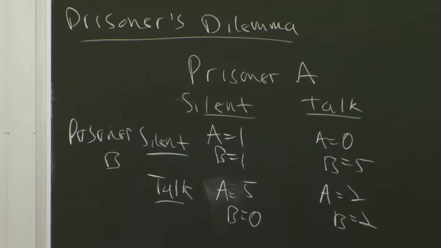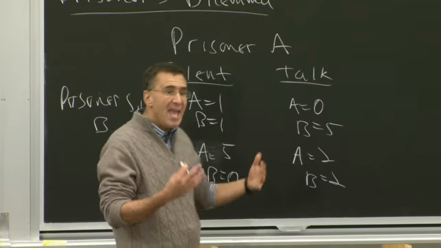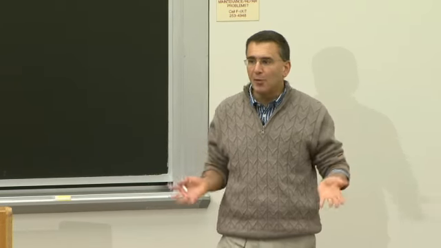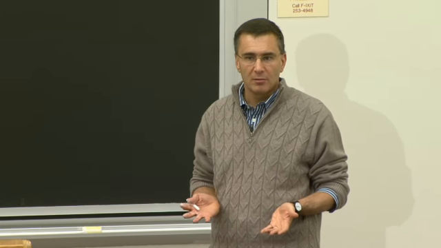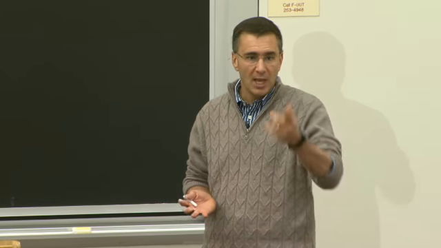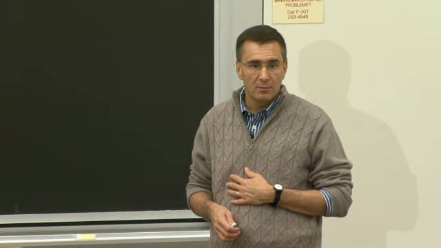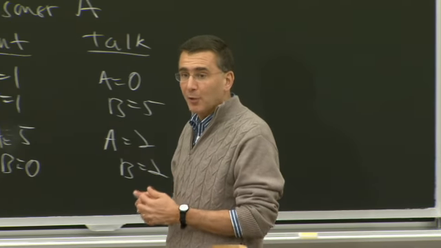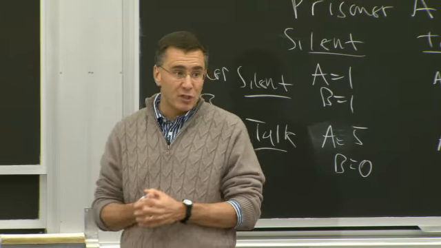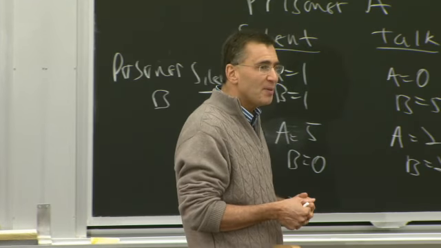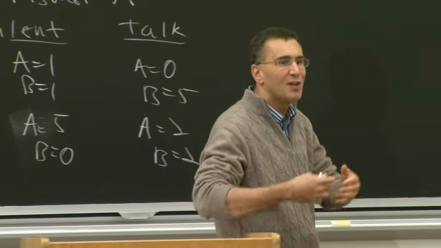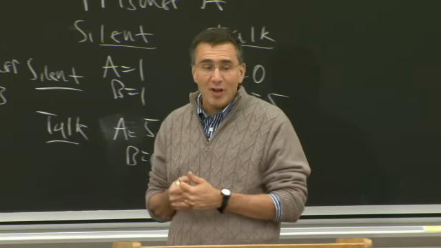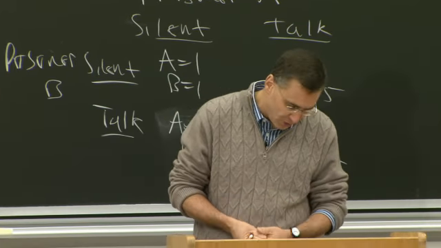Okay, now, can someone tell me, if A and B could truthfully cooperate, what would be the optimal cooperative strategy? Both go for a year. Right, you'd both be silent. So the optimal cooperative strategy is clear, which is to both be silent. So if the cops said, you know what, we'll let you guys get together and discuss what you want to do first, which the cops would never be stupid enough to do. But if they did, and the guys could trust each other, then that's the optimal cooperative strategy.